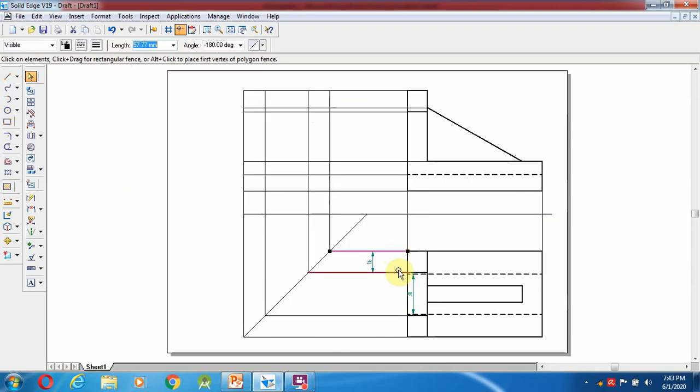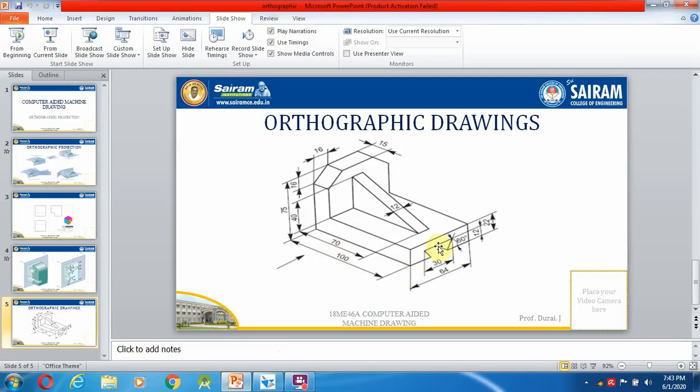So this as well as this, convert as a 0.13 mm line. Now we will come over here, see the drawing. In the side view only these things you can see over here, as well as this inclined rib surface, and this one and this one. Those things you can see there.